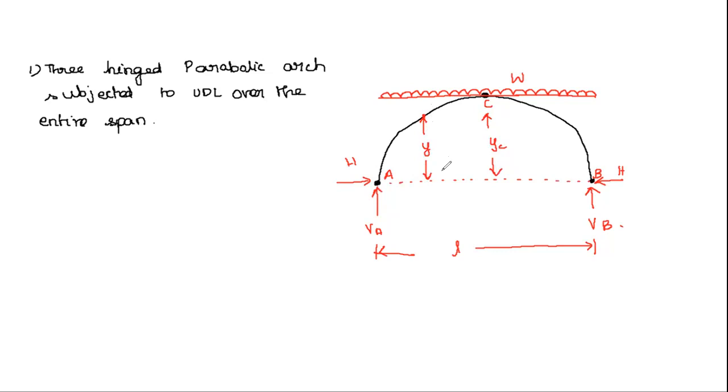While going to a competitive exam, we don't have much time to solve all those derivations, so we have to keep remembering all those results. So here we are going to take hints for solving problems on arches. For this condition, what will be the horizontal thrust? If you analyze, VA is equal to W for the span L, so VA will be WL by 2 and VB is equal to WL by 2.